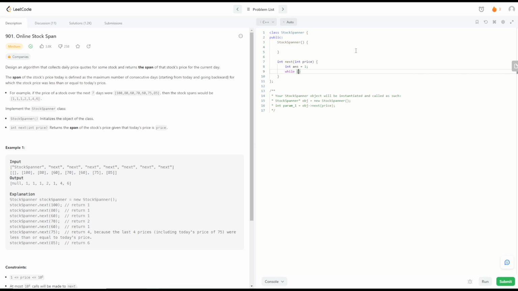And then, while the stack is not empty, and the stack's top first element is less than the price,